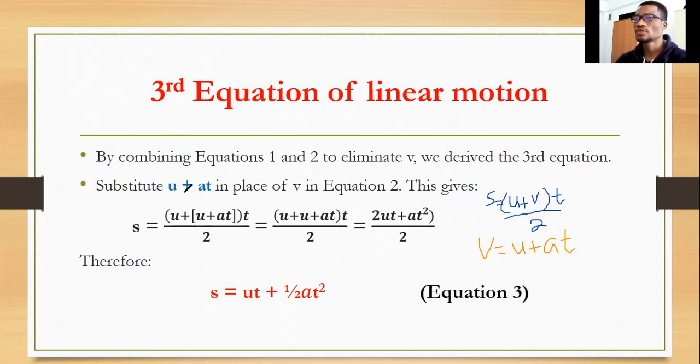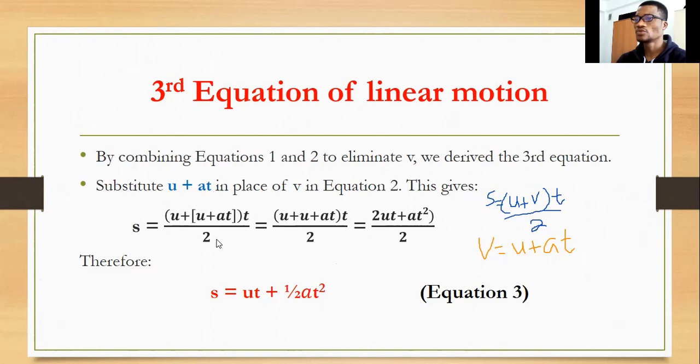To do that, we substitute u plus at in place of v. So this is equation 2, and then we have our u plus v here. We eliminate v and put u plus at here, in our equation 2. Since from equation 1, v equal to u plus at, we replace it by this. So we combine, and then we have our t outside here, which is here in brackets, you can see,